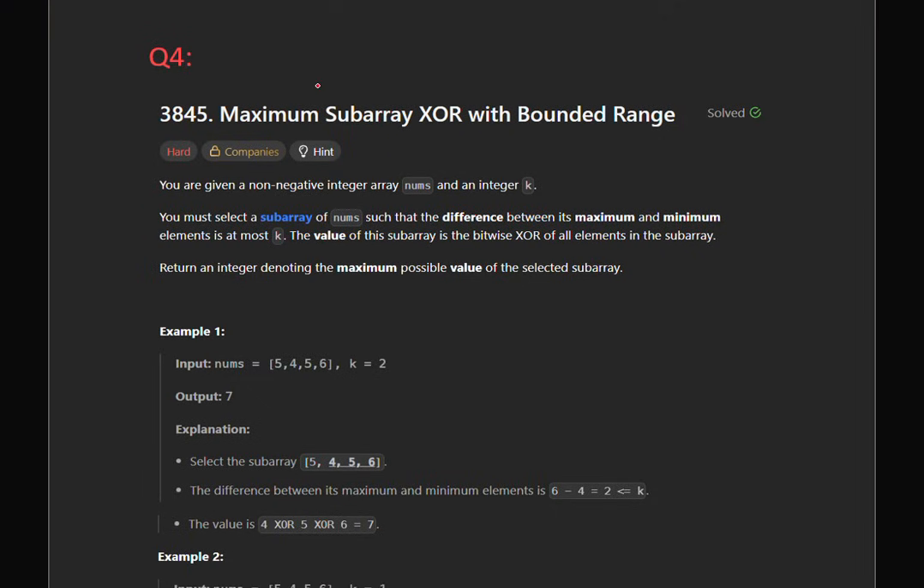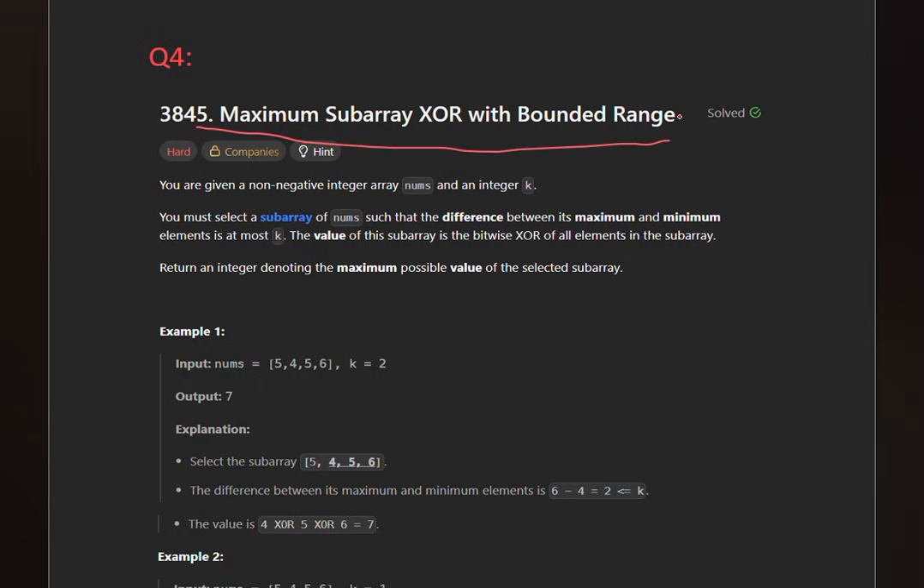So our next question is 3845, which is maximum subarray XOR with bounded range. So what is given here? We are given an array of non-negative integers, right? And an integer k. So we have to select a subarray of nums such that the difference between the maximum